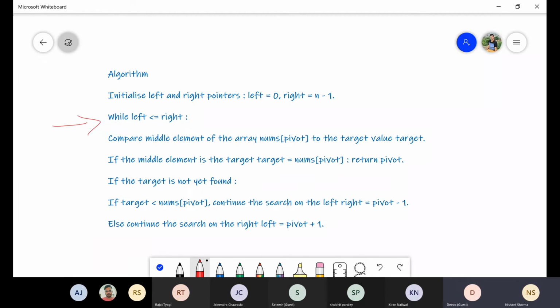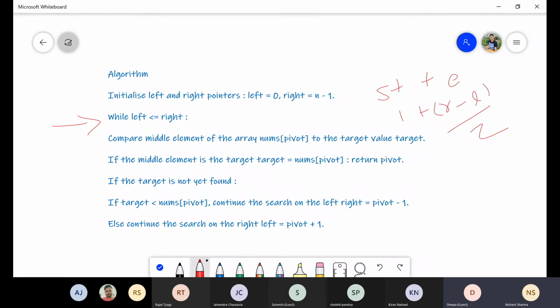To prevent that, we will use this logic: left plus (right minus left) divided by 2. This could be our mid or pivot point.